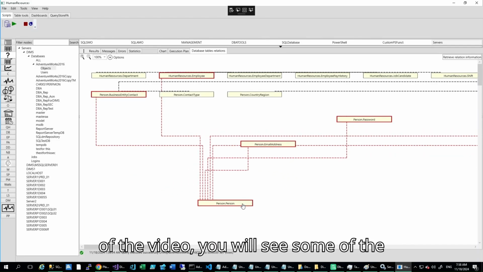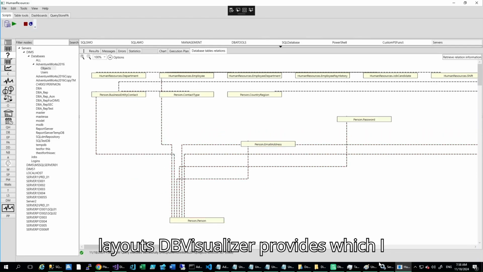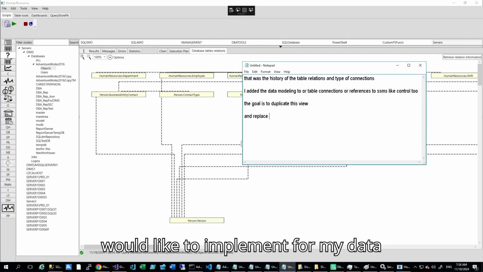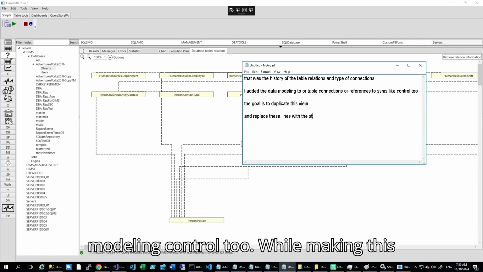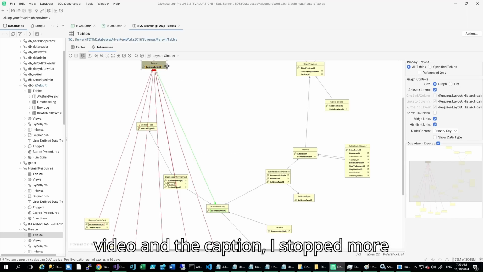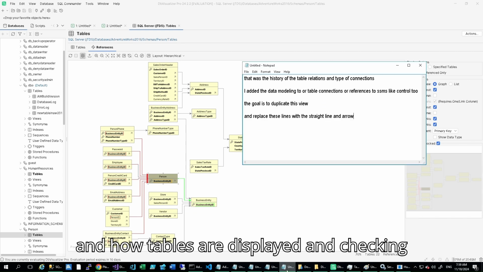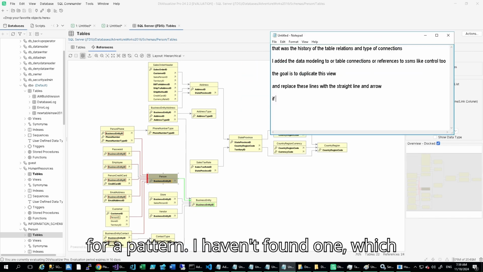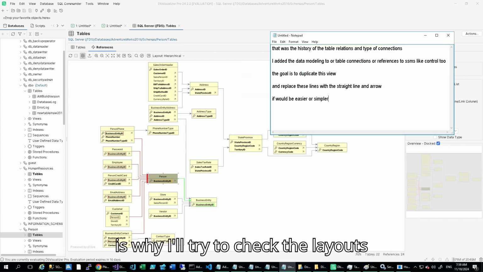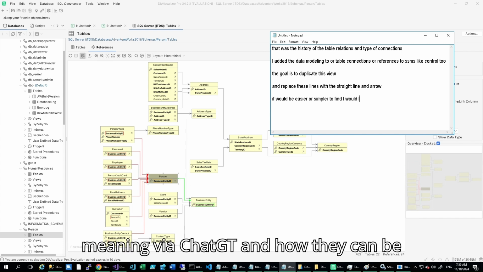For the remainder of the video, you will see some of the layouts DB Visualizer provides, which I would like to implement for my data modeling control too. While making this video and the caption, I stopped more than once trying to look at these layouts and how tables are displayed and checking for a pattern. I haven't found one, which is why I will try to check the layouts' meaning via ChatGPT and how they